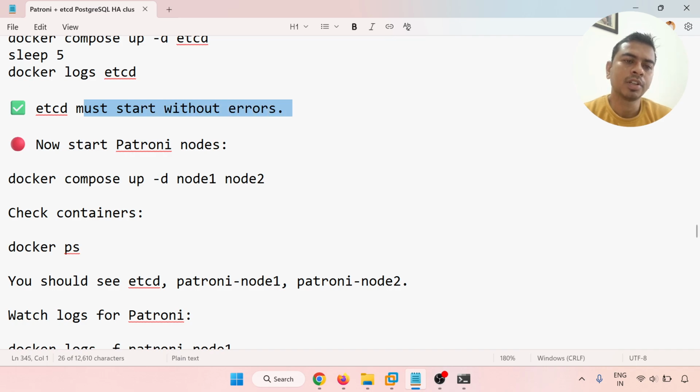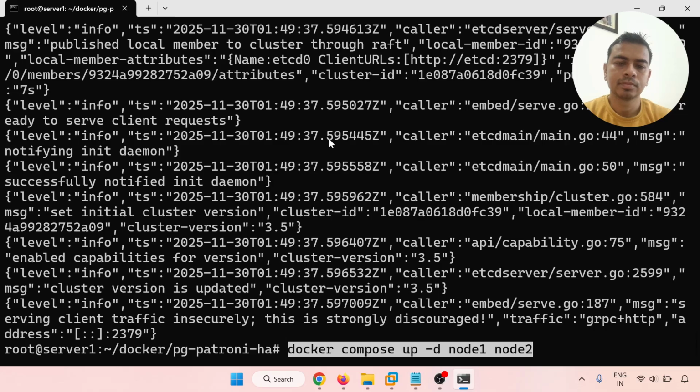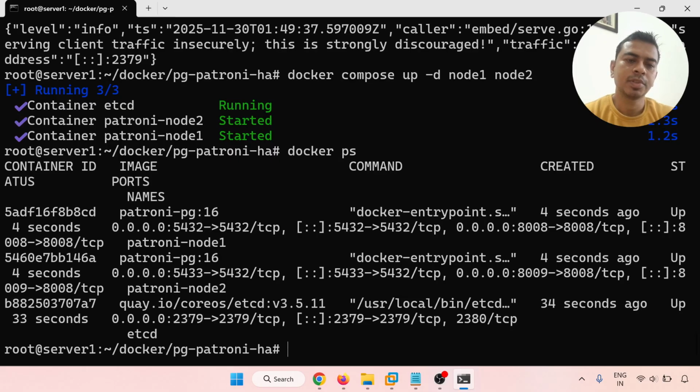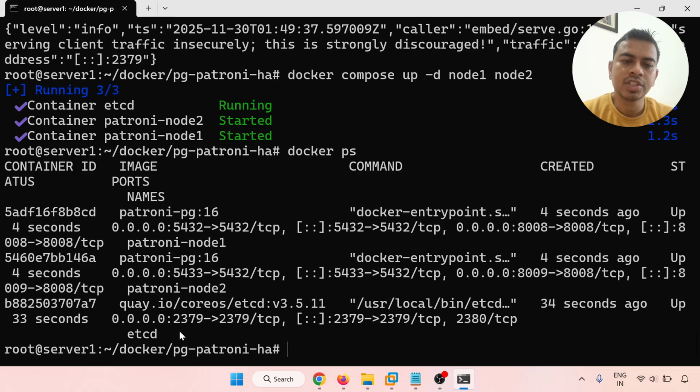Now start the Patroni nodes. So node 1 and node 2. I'm going to start both. So started. Now docker ps. Let me check the services. So Patroni node 1 is there, Patroni node 2 is there, and etcd is there. Let me check docker